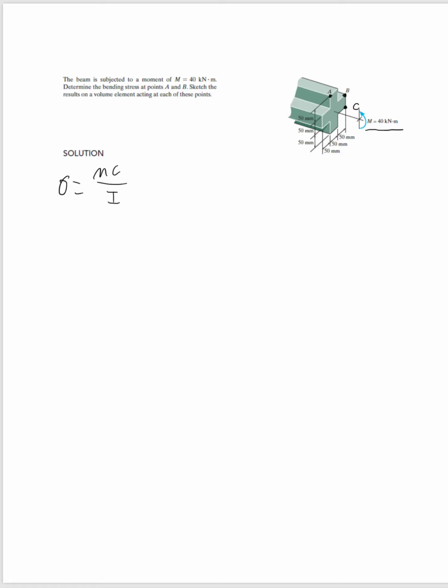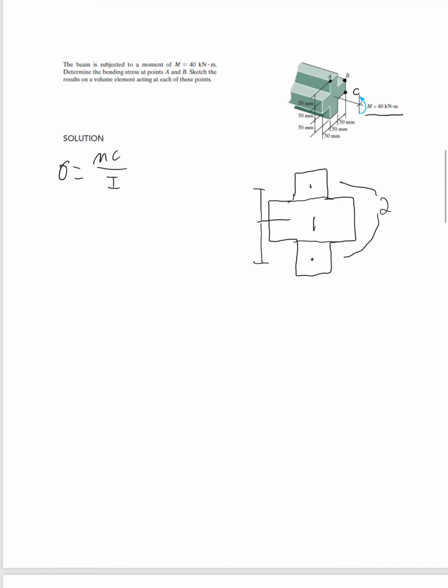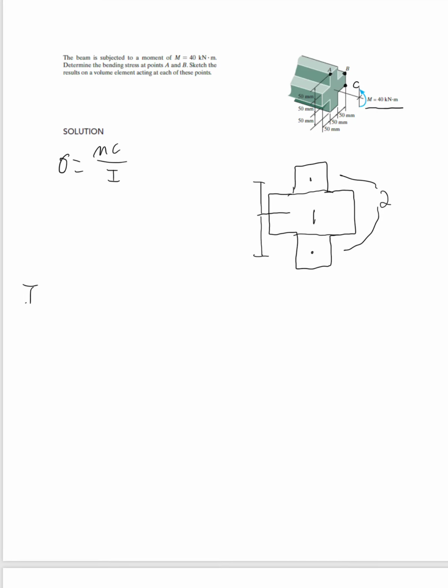So the first step is almost always going to be to find our moment of inertia. If we draw a cross section, it looks like this. You can split it up however you want. I'll call this shape 1, and these are both shape 2, and we'll just multiply it by 2. We can do that because they're 80 squared from there, and there, it's the same distance. So it works out. So we get moment of inertia equals